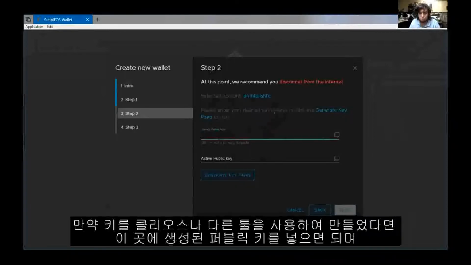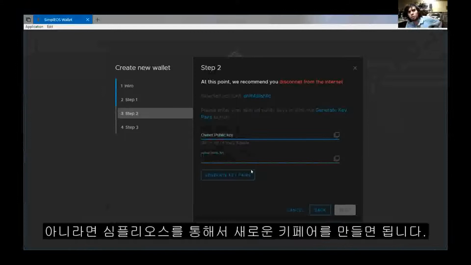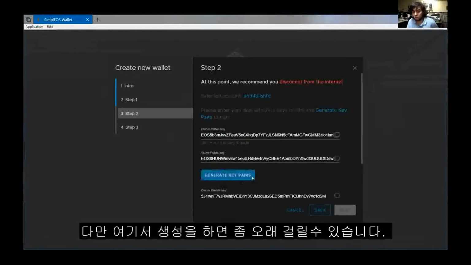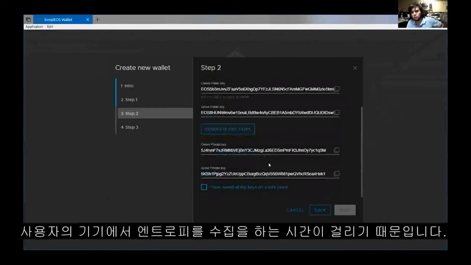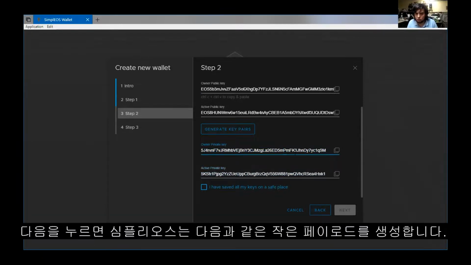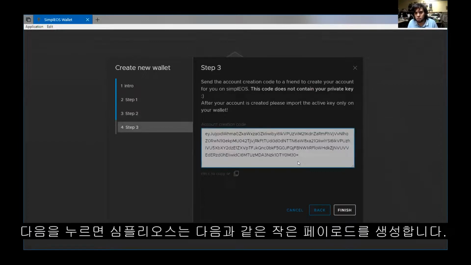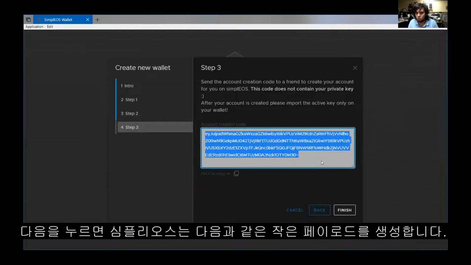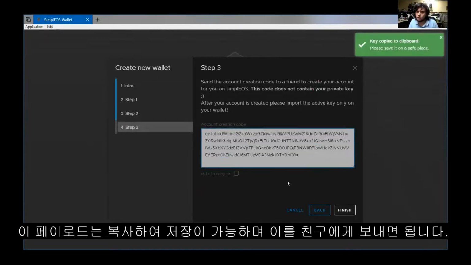If you have generated your keys elsewhere using simpleEOS or any other tool, you can just insert your public key pair here, or you can use simpleEOS to generate a new key pair. This actually takes longer than usual in other tools because we are collecting entropy from your machine to keep the key generation as secure as possible. Then after you save those private keys, you can click next, and simpleEOS will generate a small payload. This payload, you can just copy it and save it and send that to a friend that has already